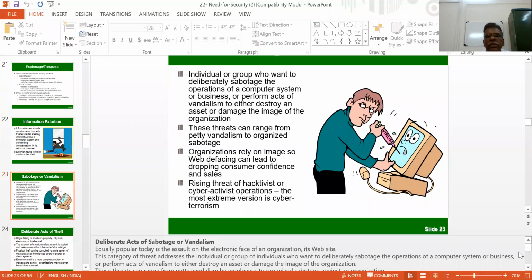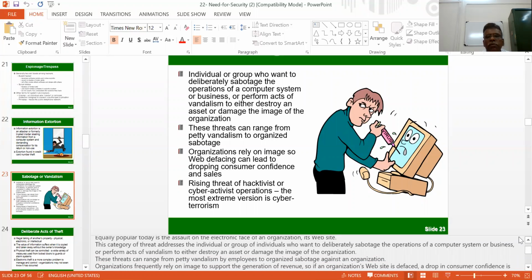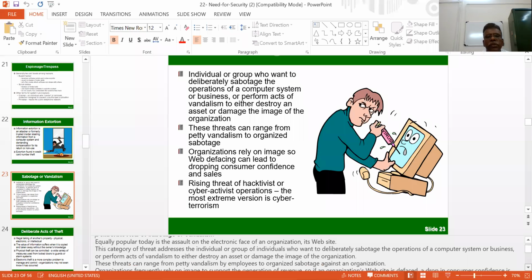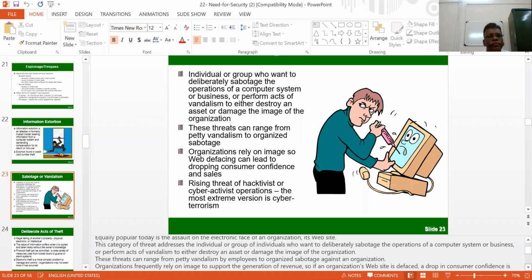We can identify in such a way that one to another. That's why equality, correct? A popular assault today on the electronic face of an organization is some sort of website hacking, especially addresses, physical address, logical address, and the group of flows in operation, how exactly this particular system is connected to another system, what sort of business is being